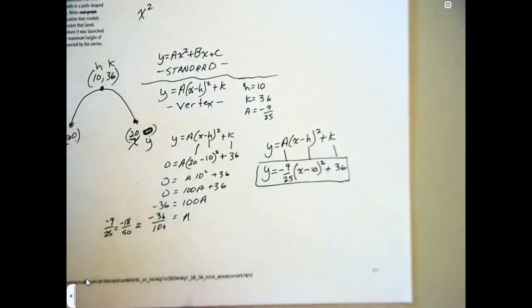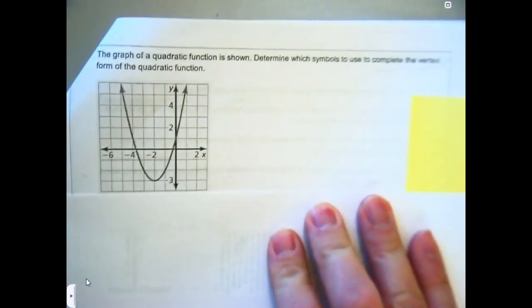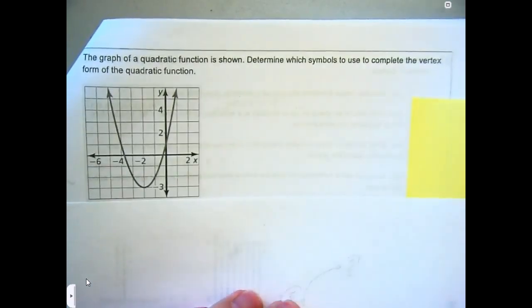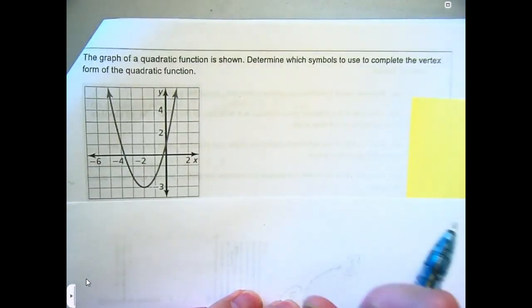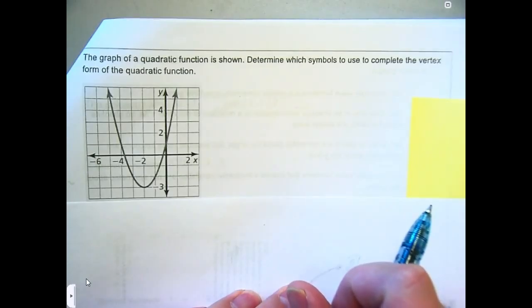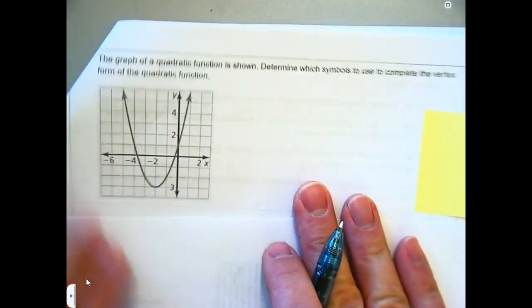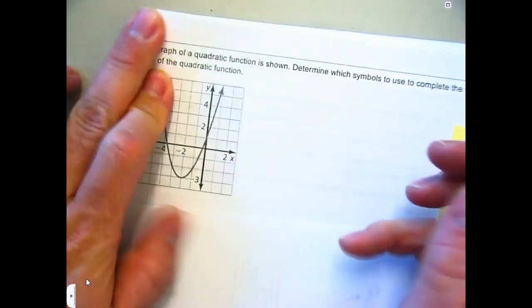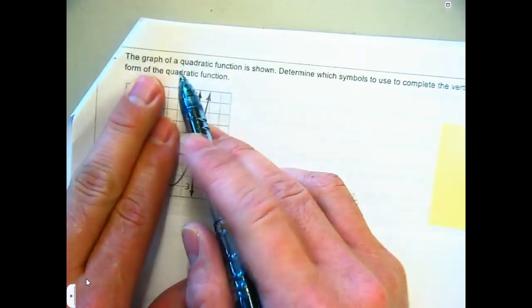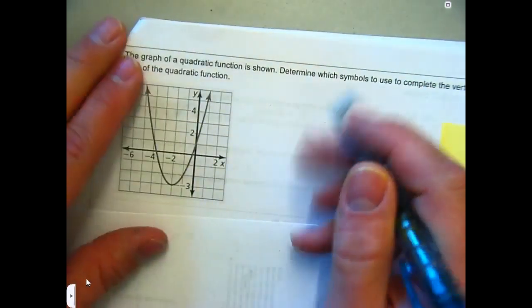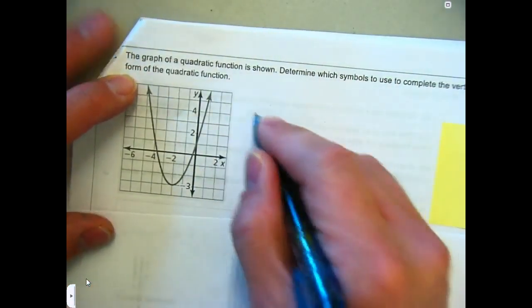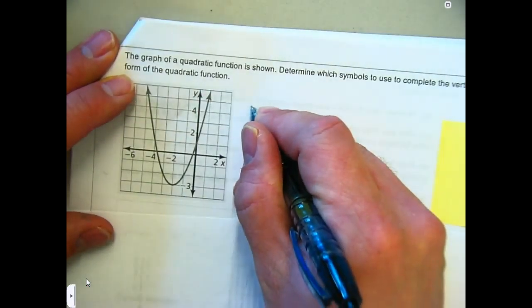Good questions. All right. There was one other problem that students were asking about yesterday, so I'm going to put up this problem. I'm going to try not to show all the answers on it. This is number 32 off the assignment we did. Graph the quadratic function. Determine which symbols to use to complete vertex form. Now, they actually have different symbols down below, but if I'm just trying to write the equation, okay, first thing I need to know, if it's in vertex form, is